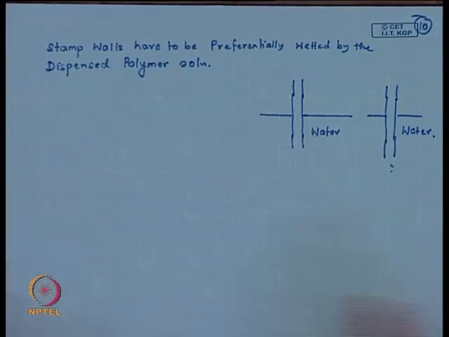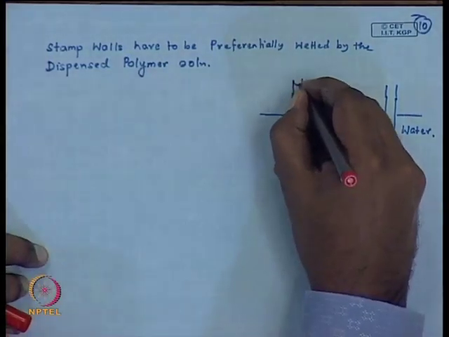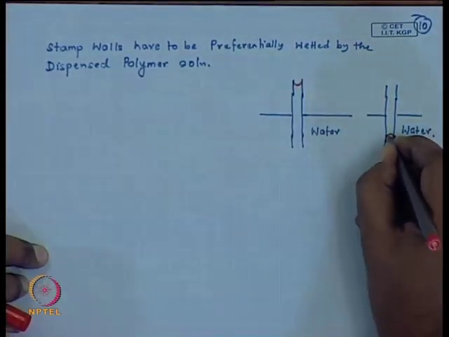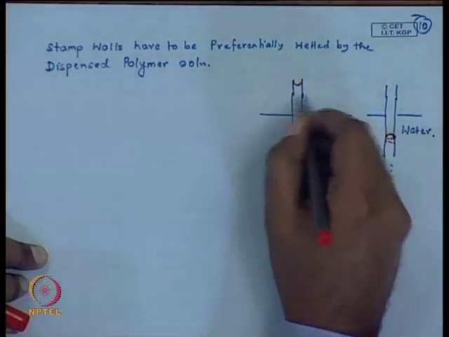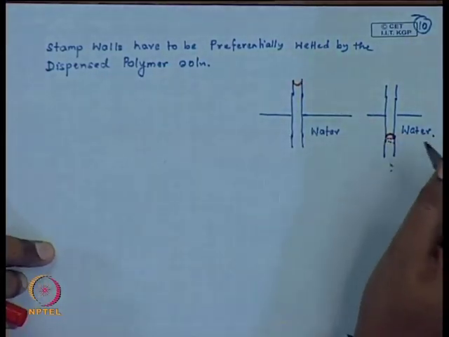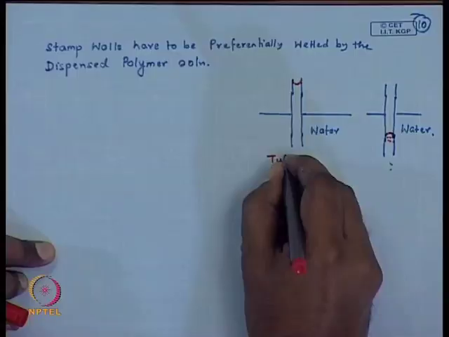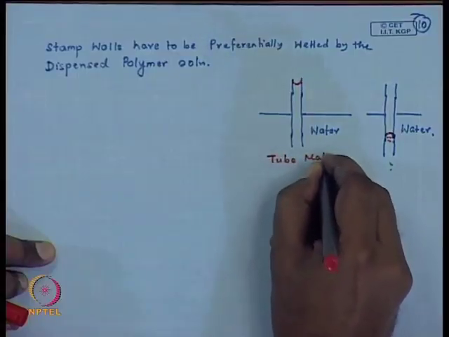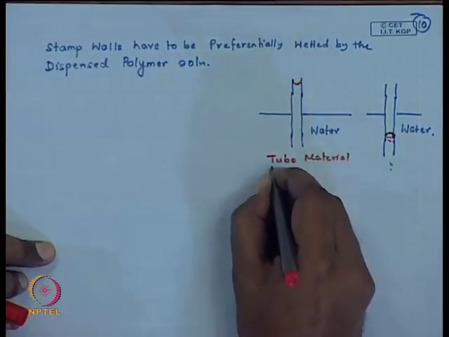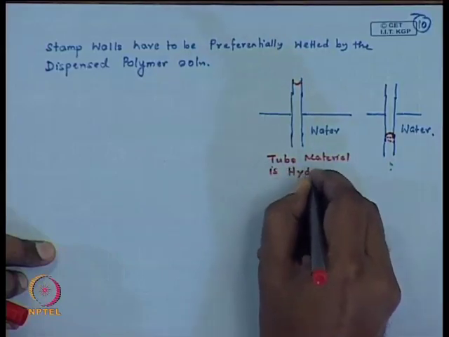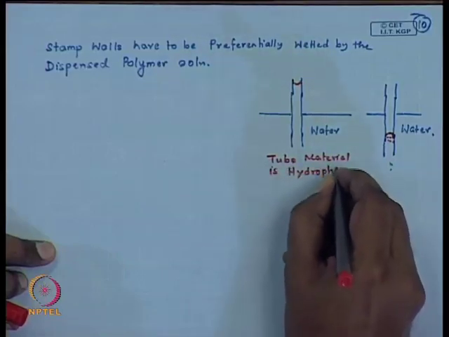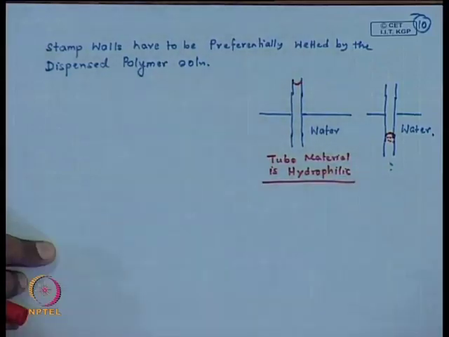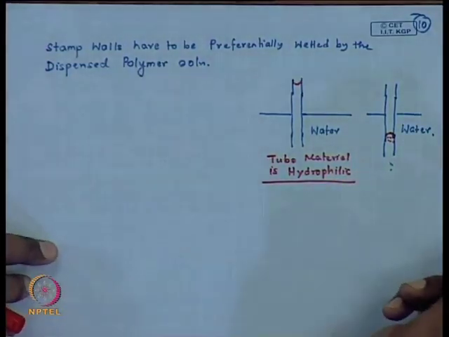So, you can have two configurations, either the configuration can be like this or the configuration can be like this. So, you can have a capillary rise only when the tube material is hydrophilic. Okay. If the tube material is hydrophobic, instead of seeing a capillary rise, you will actually see a capillary depression,